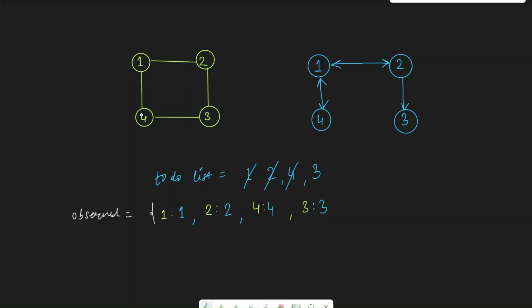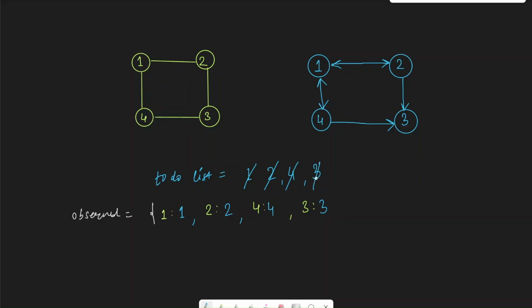Then the next neighbor for 4 is 3. Do we have 3 over here in the cloned city? Yes, we do. So we don't have to create this 3 again because we already have it. So all we need to do is get a relationship from 4 to 3. So get an edge from 4 to 3. We have visited all the neighbors and we have created all the edges. So 4 is done. Then we arrive at 3.